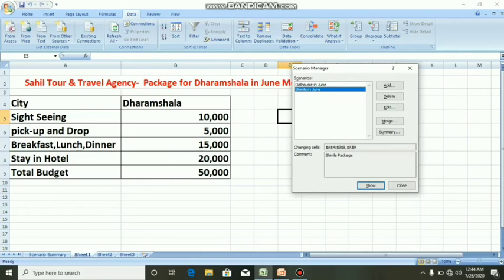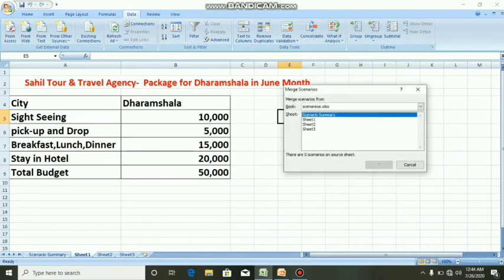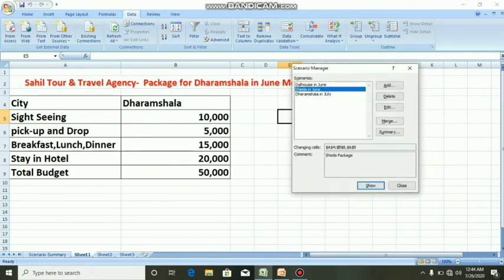Now we want to merge the sheet 2 scenario. For this, we need to click on merge option. Then select the tab where the second scenario is, that is sheet 2. Click on the sheet 2 tab. Okay. Now you can see Dharamshala in July is already added.